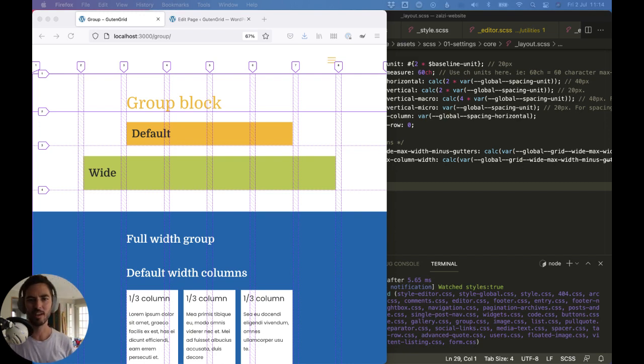Just wanted to record a quick video showing some of the work I've been doing recently. If you follow me on Twitter, you've probably seen I've been tweeting a lot about a CSS grid-based Gutenberg theme that I'm trying to build. I'm trying to get a starter theme together that we can use on a lot of our projects. I wanted to try to use CSS Grid with it. It's proved to be quite tricky,